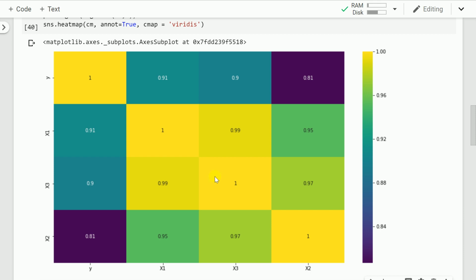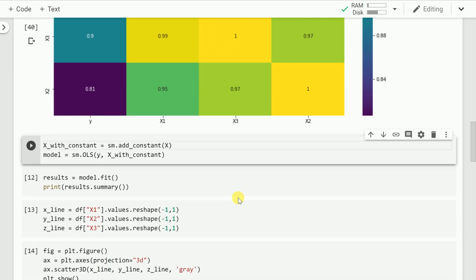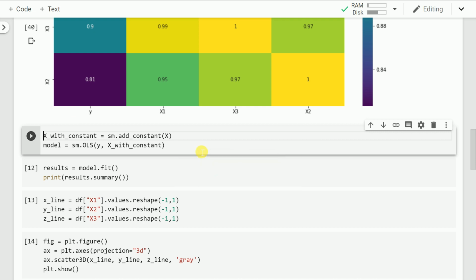So this entire 3 cross 3 matrix is a good enough idea to tell me that there is heavy multicollinearity in my dataset. All three features are heavily correlated with each other as well as related with the target variable. So if I create a linear regression model out of it, I won't be getting the best model out of it because I am violating the multicollinearity assumption. But still, let's go forward and create a linear regression model using the statsmodels OLS package.